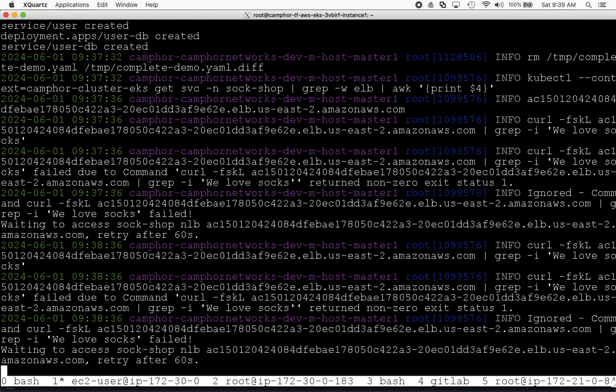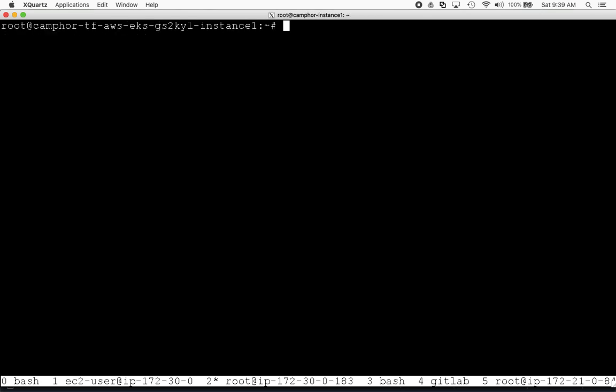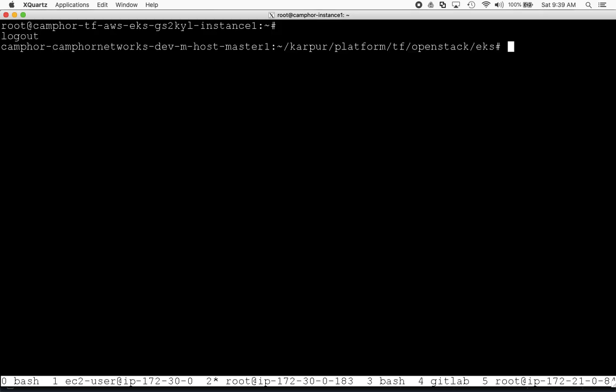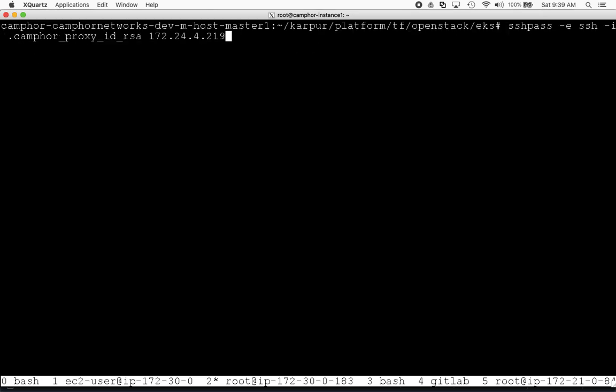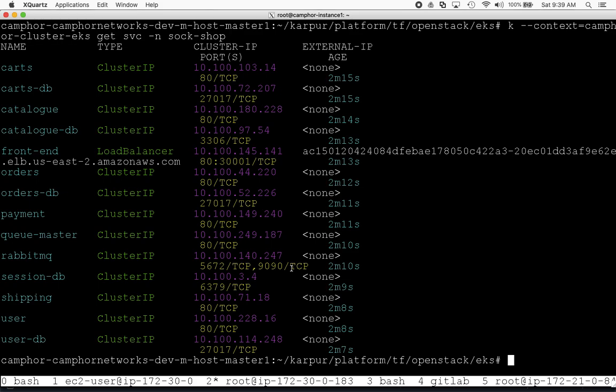Let's see what's happening here. Beautiful. So now we are actually deploying the application. Okay, I'll show you the application also. What we are deploying. So the application we are deploying is something called Sock Shop. Okay. So basically it's an e-commerce web application. This web application is going to deploy a bunch of